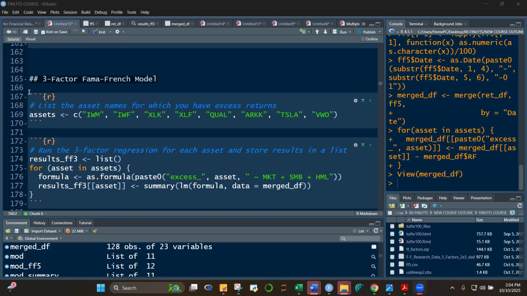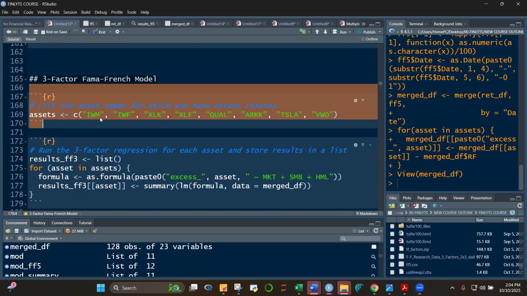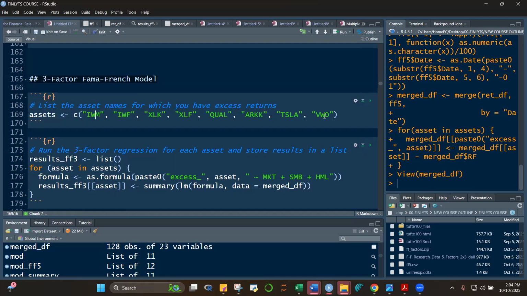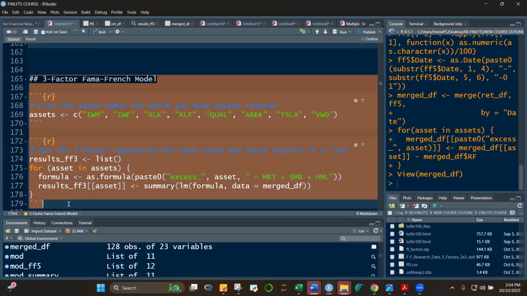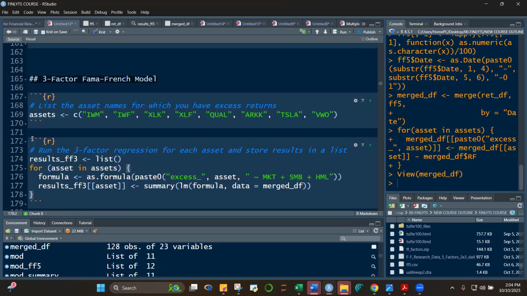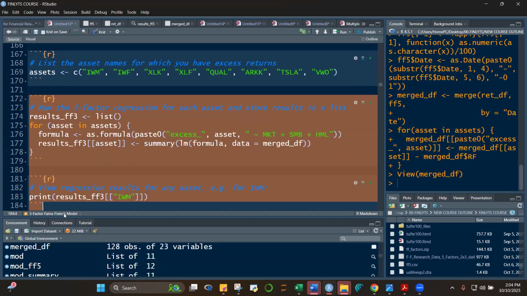Okay, we don't need this actually because we already created these assets, no? These are our assets. Okay, for this one, I'm going to share this with you. Now this is very important, class,